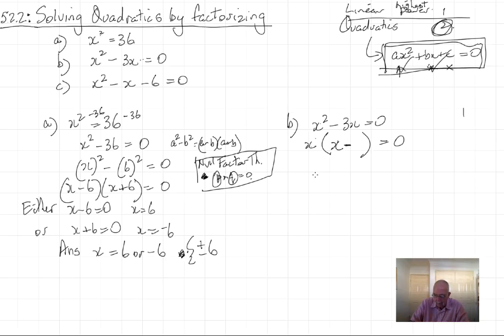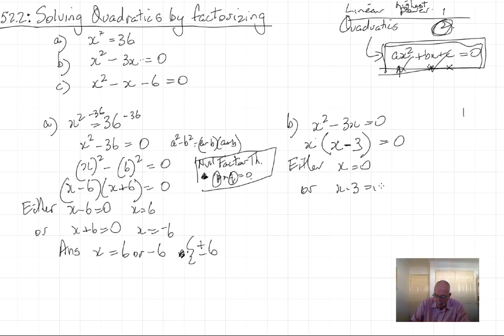The minus come down. X times what is equal to 3x? So I've already got the minus down, so I don't have to worry about that. X times what is 3x? Well, that'll be 3. So once again, by the null factor theorem, either x equals 0, well that's easy, it's already solved, or x